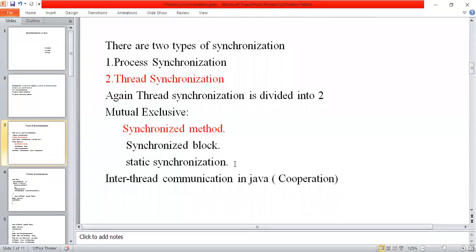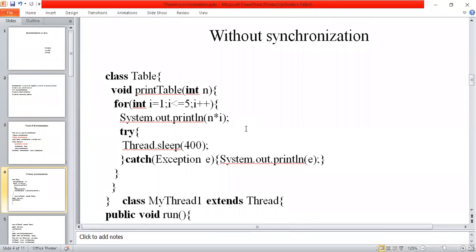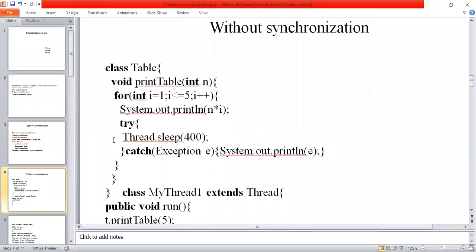Before going to the synchronization concept, first I'll show one Java program without synchronization. Listen carefully. Here I have a class. In this class, I have a method called printTable.